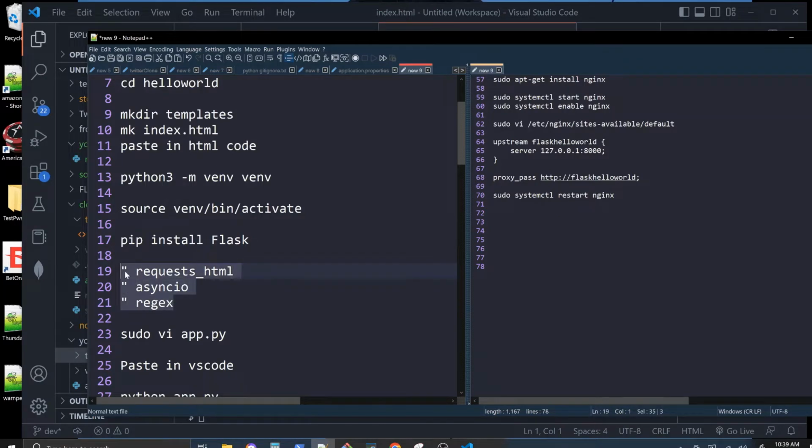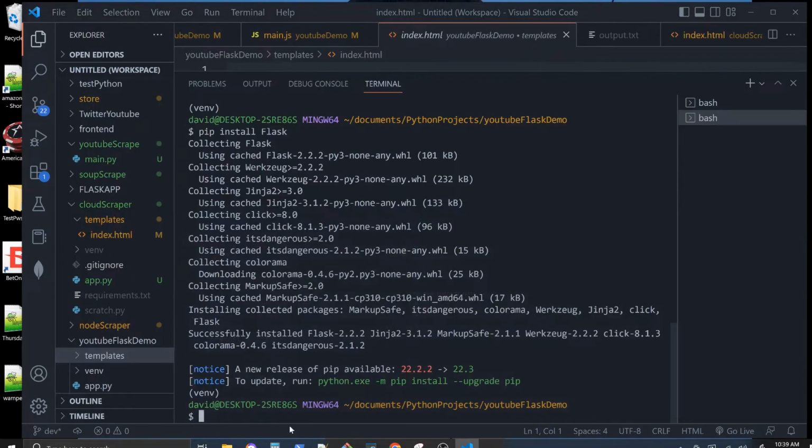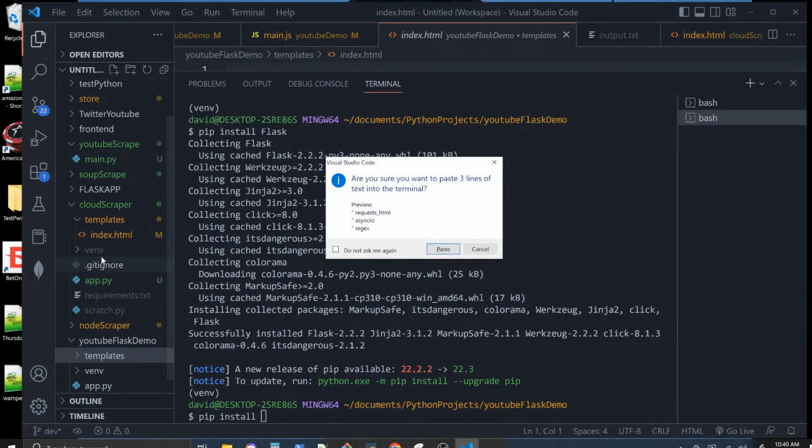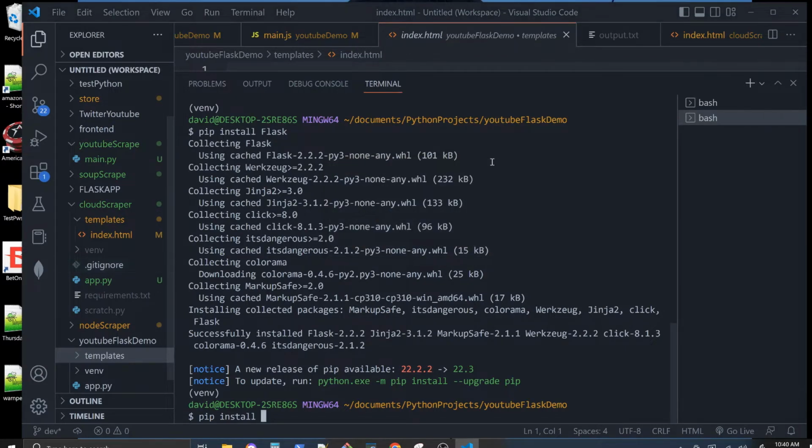Maybe I could just copy and paste that in. I wonder if this will work. I don't think this is going to work. We'll just do it this way. asyncio,